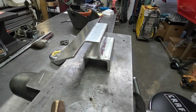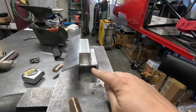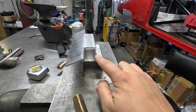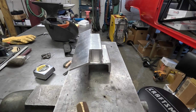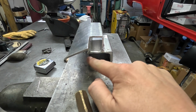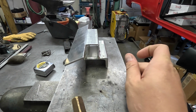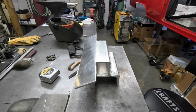And this fits those existing rubbers that isolate that radiator. Fits it really snugly, so we're able to use those original ones that were already there in this piece too. And you can see this is where it comes up in the front of the radiator, well, I guess the back of the radiator cradle, depending on how you're looking at the car. But you can see how far back this is going to end up moving that radiator, which is going to give us plenty of clearance out here on that water pump,